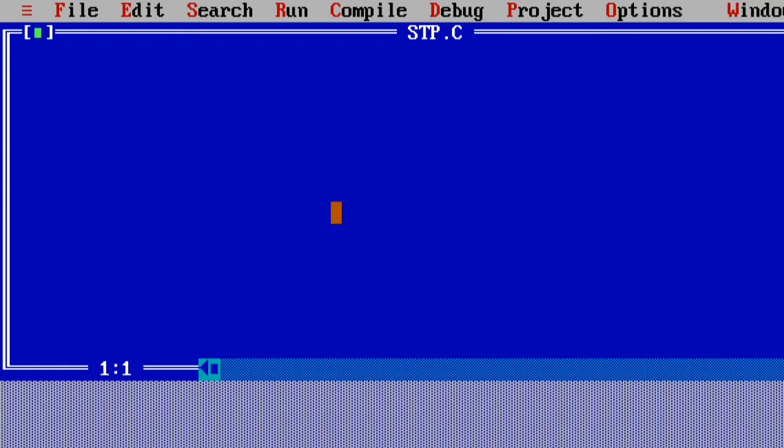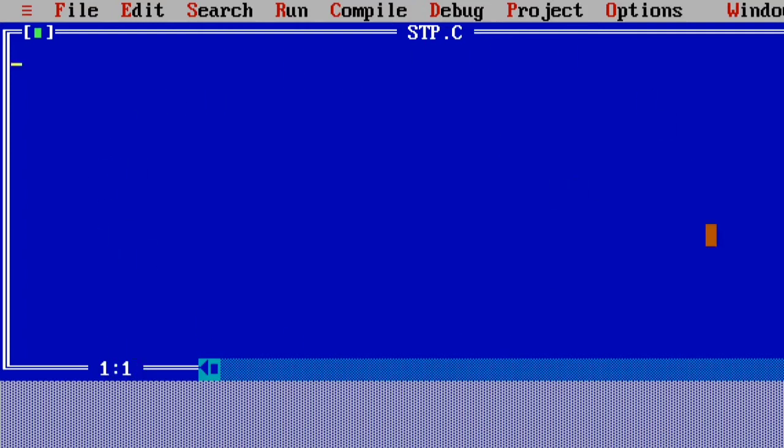If the cursor is moved to the next position, then it will become 1:2. That means first line, second column. Like that, the cursor position is displayed at this place. Now the cursor is blinking at the position 1:1. This is the information about the cursor position.